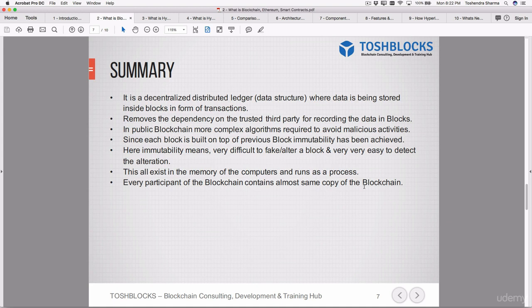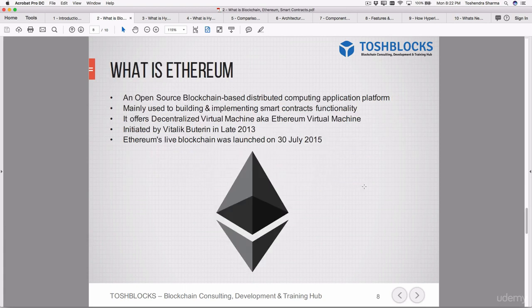As I already said, immutability means it is very difficult to fake or alter a block and very easy to detect the alteration. And remember, this all exists in memory, and the computers run it as a process. Since we have theoretically understood what a blockchain is, what is Ethereum exactly?